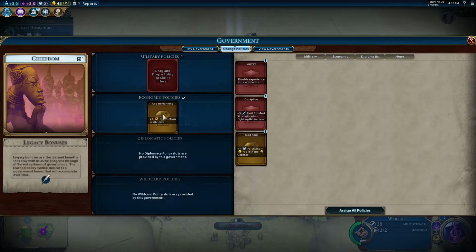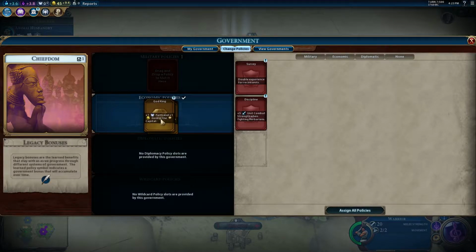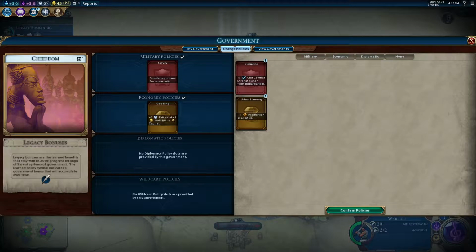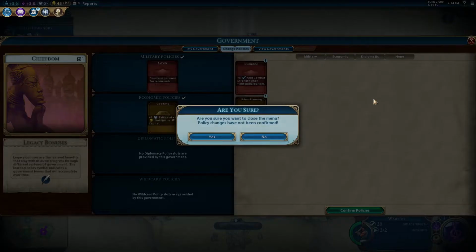I usually start with this for the extra production boost. God King's also really good. Actually, I might do God King. Let's do God King for the extra faith so we can get the early Pantheon. And the gold is also kind of nice. But I also usually get this early double recon. And then our next...